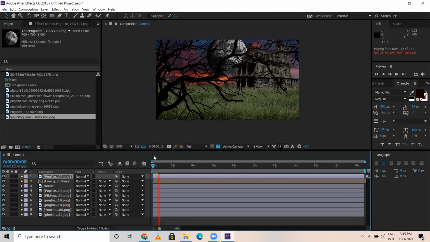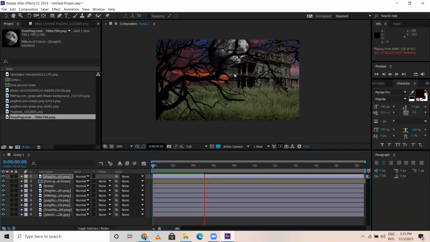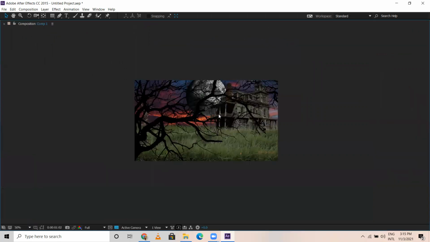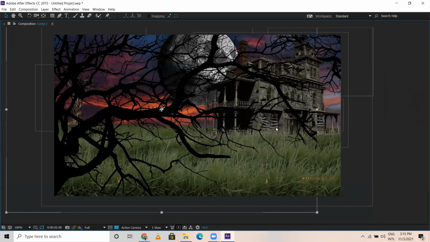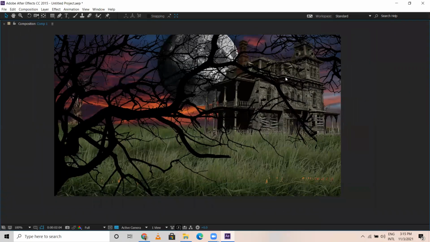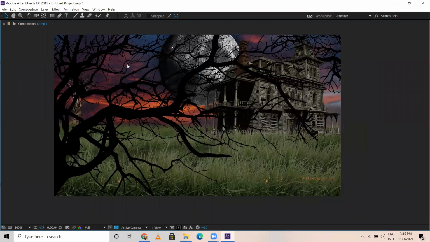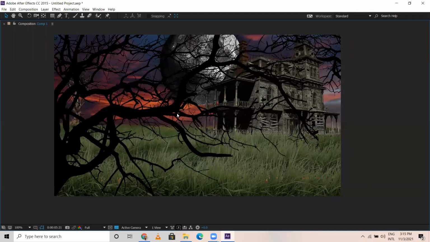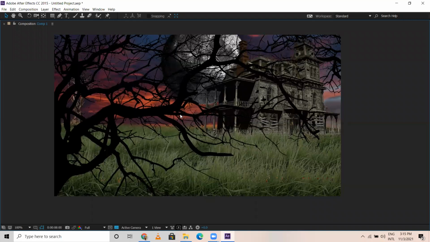And when you play, slowly these movements are there. If you observe closely, now observe, the sky is moving, moon is moving, this is also moving a bit.